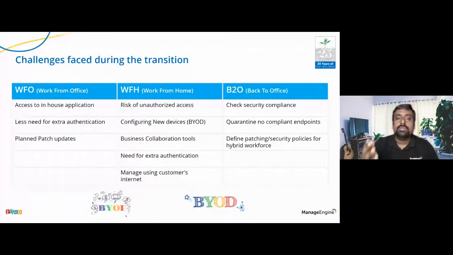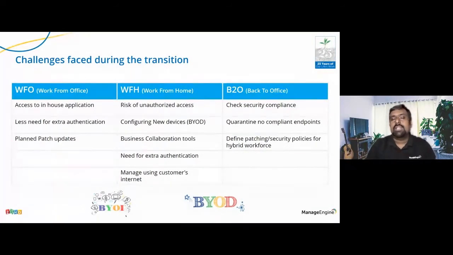You can't use it. I'll give you an example. Probably if you want to push restrictions, patching the machines, and then at the same time if they want to access your applications, if both are happening, that's going to eat up a lot of bandwidth. And if they're out of bandwidth, that's going to affect your business, and it's going to affect your security as well. So you have to strike a balance between these two. That's one of the challenges. So managing everything at the customer's or user's own internet was again a problem.